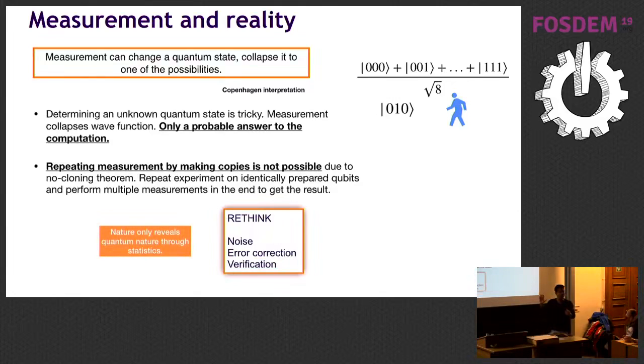But in a quantum system, it gets much more tricky, because the moment you observe that a 0 flipped to 1, you're changing the quantum state. So you no longer have the quantumness. So you have to come up with very smart ideas to really correct your code and make sure things are working fine. There are a lot of proposals, a lot of different models of error correction. And we are trying to find out which one is the best and which one allows us to do error correction in a smart and efficient way.